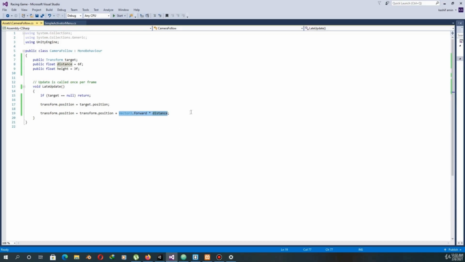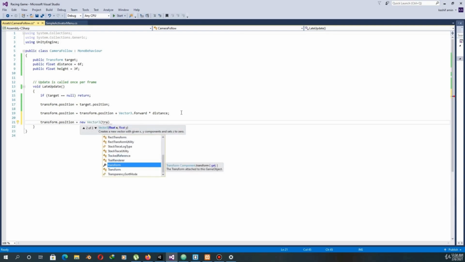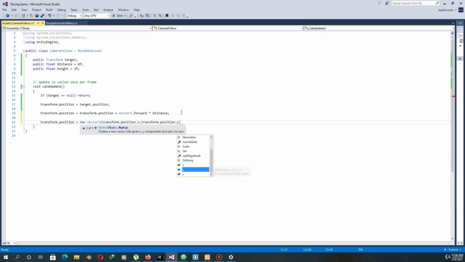And next, we will add the height to the camera. It will stay above the car by a certain height. transform.position, new Vector3, and the x value inside this vector will be the x position of the camera, and then transform.position.y, and we will add a height to the y position of the camera.